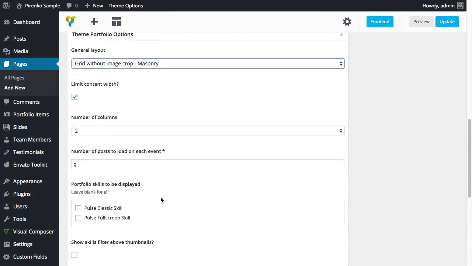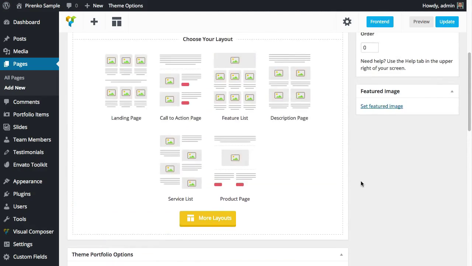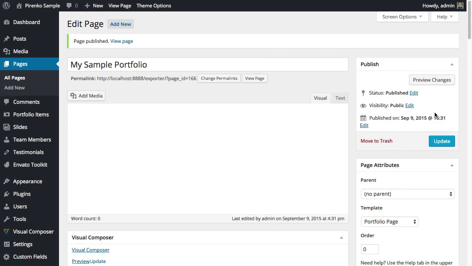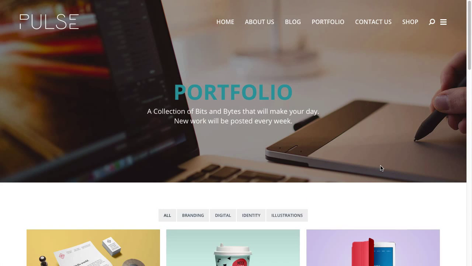you can, with these options under, combine all these features that you see here, and we'll go through that in just one minute. So for now, you can publish your page, and as you can see on these pages here, I have a